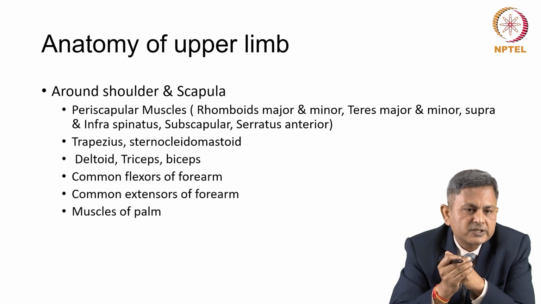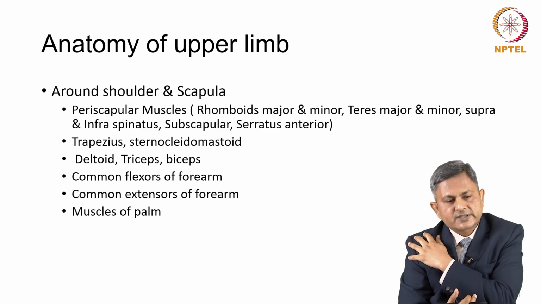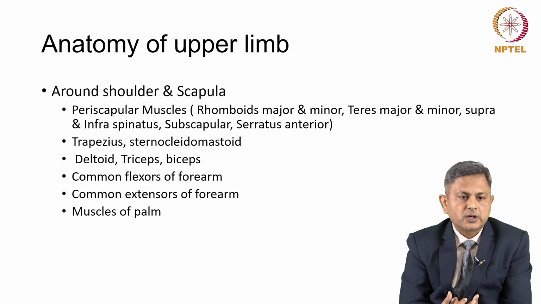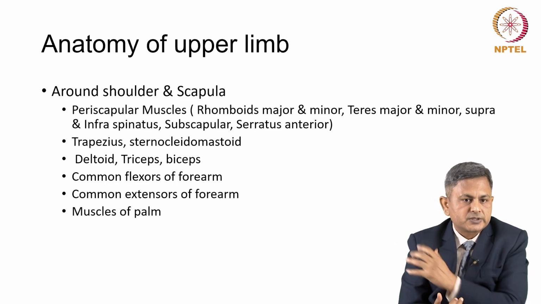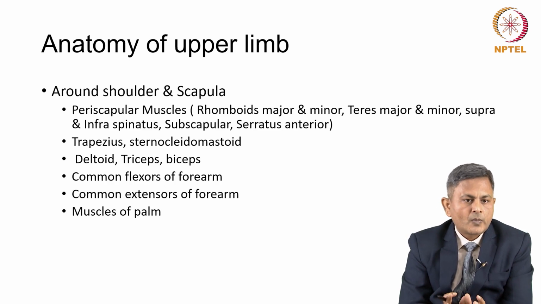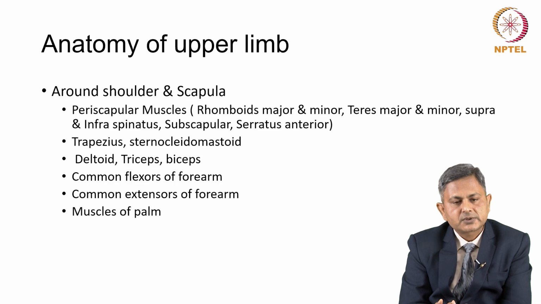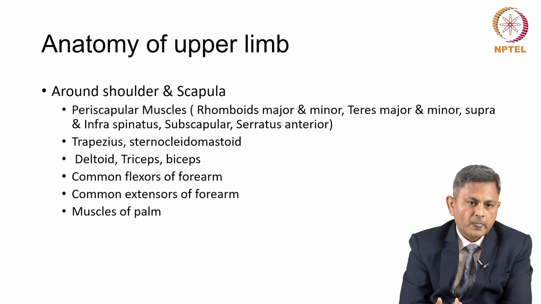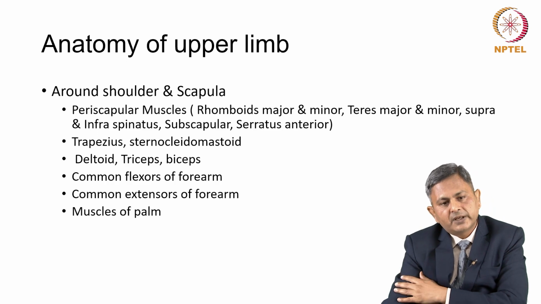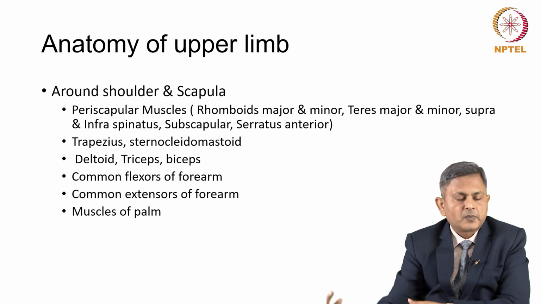Then come the major muscles of our arm, that is the deltoid. It's our shoulder muscle which we see with our naked eyes. It's a multipennate muscle, and it covers our entire shoulder girdle. Then comes triceps. As the name suggests, tri means it has three heads, and the biceps has two heads. The biceps muscle is our main arm muscle which we can see with our naked eye, and the triceps,